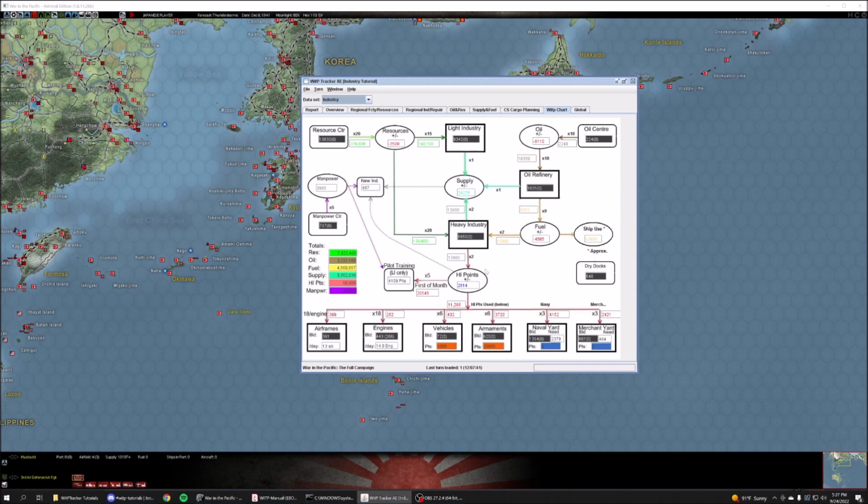So this is the tracker for turn 1. You see down here 12/7, 1941. Well, we're currently in December 8th, 1941, so we need to run the tracker and see how things have changed here. So this is the industry chart. So when I go up here and hit run turn or return,